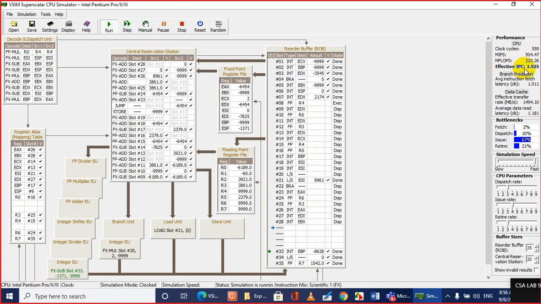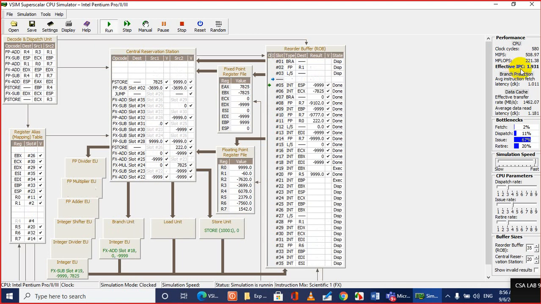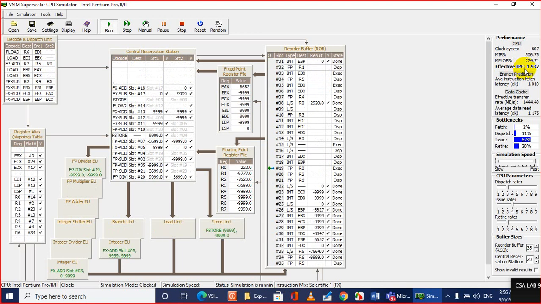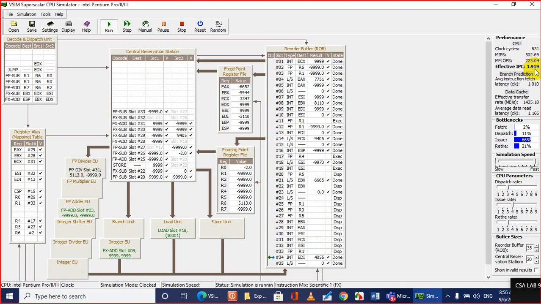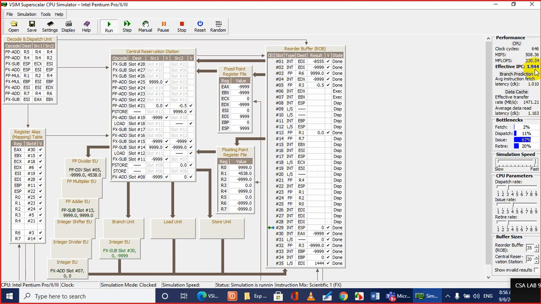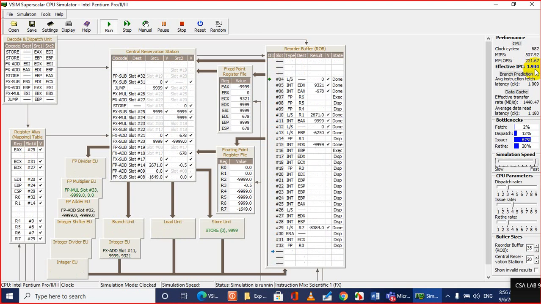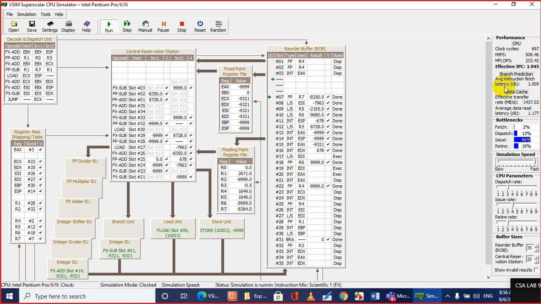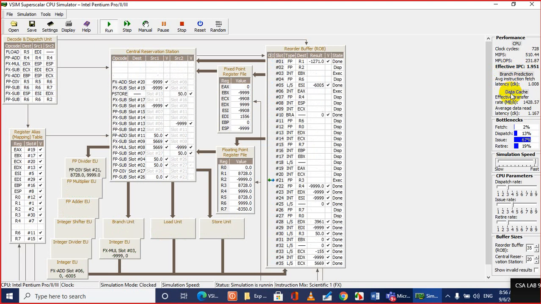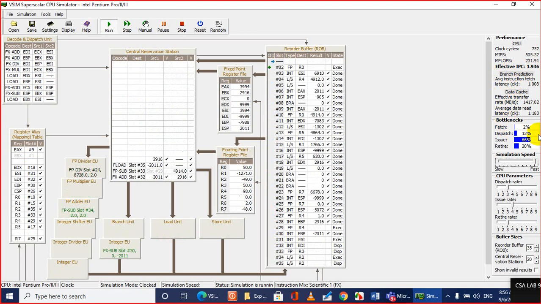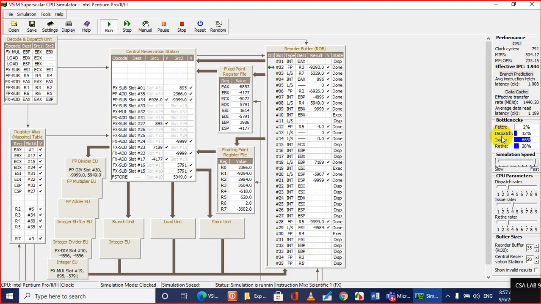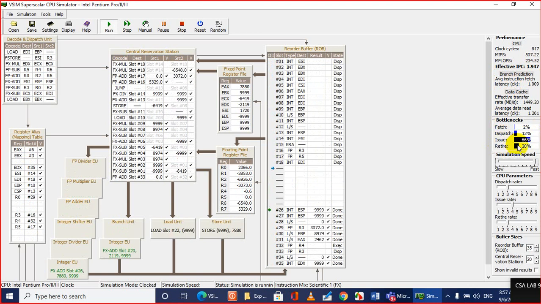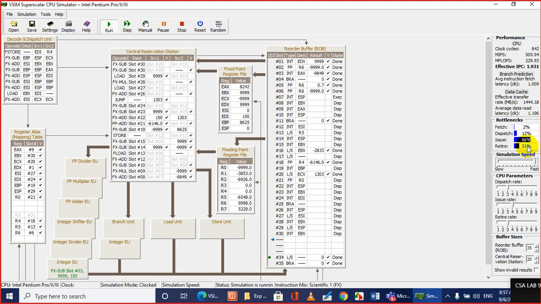Effective IPC means instructions per cycle. The higher the value of this effective IPC, the better performance you are getting. These are some other parameters for branch prediction and data cache. And this is the bottleneck that we see over here: fetch bottleneck 2%, in this case dispatch 12%, issue 66%, return 20%.